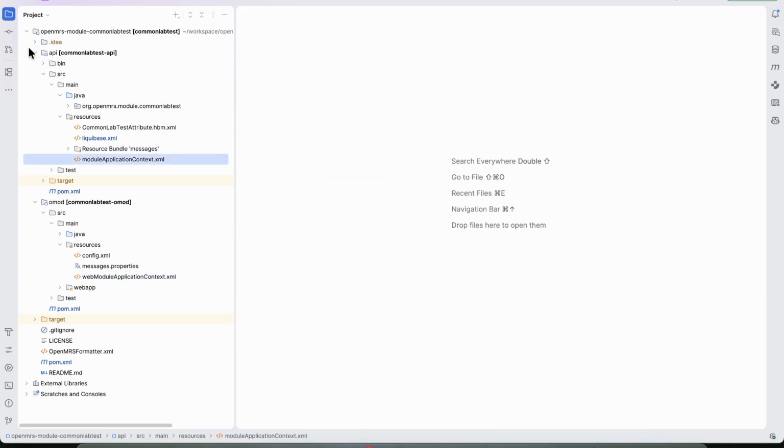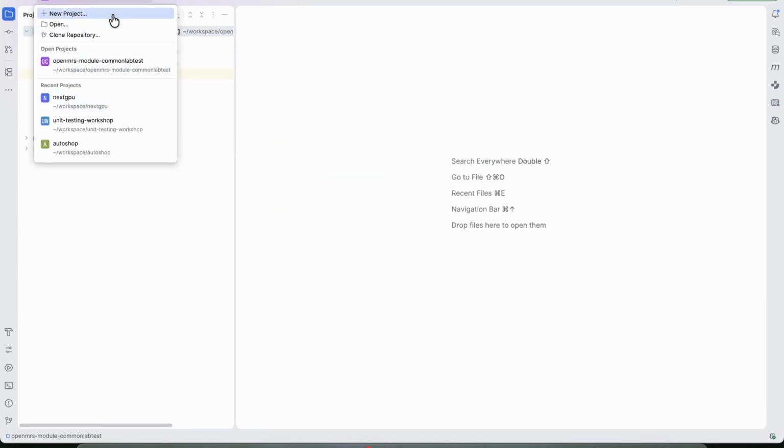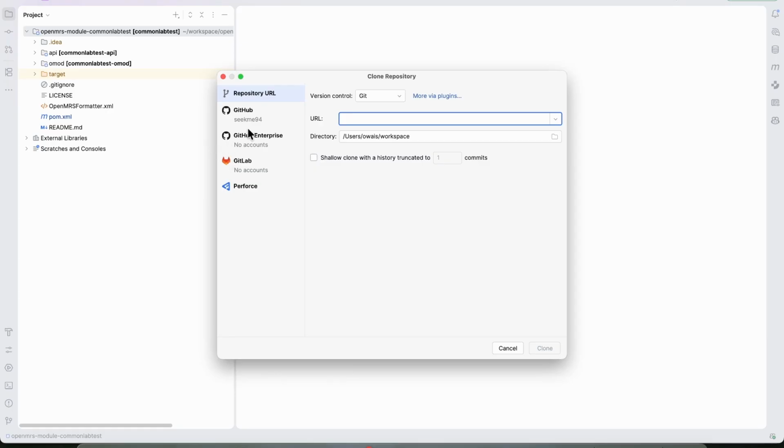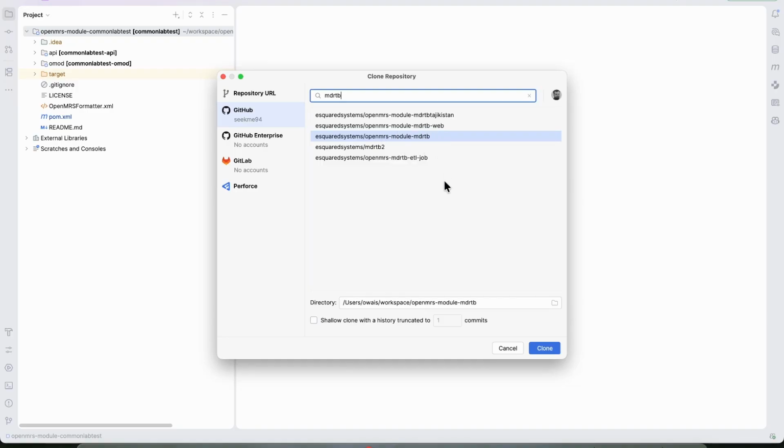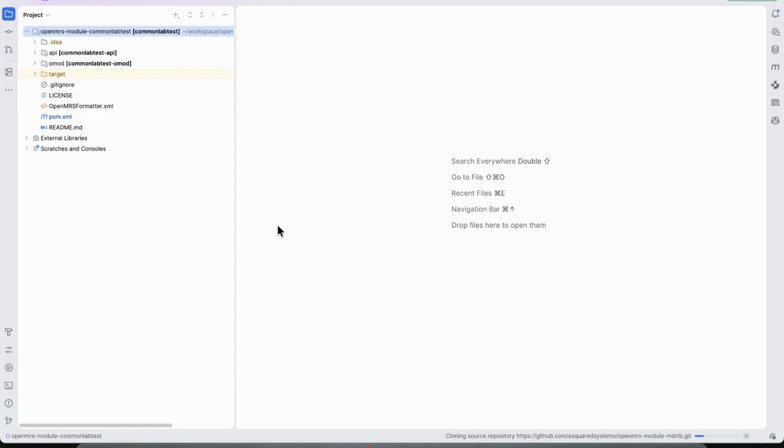Now let's check out the module we are interested in, which is the MDR TB module. So it's E Squared Systems OpenMRS module MDR TB. This is a fork. I'm going to share the forked repository version, but let's just open this clone and open this project